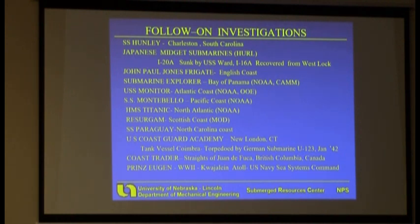We were involved a little bit in the Hunley. When that first developed in Charleston, South Carolina, the Hunley was a Confederate submarine that was recovered in the year 2000. We've done some work on the Japanese midget submarine, and the John Paul Jones frigate on the English coast. That was kind of an interesting project, and maybe I need to be getting along with this, but